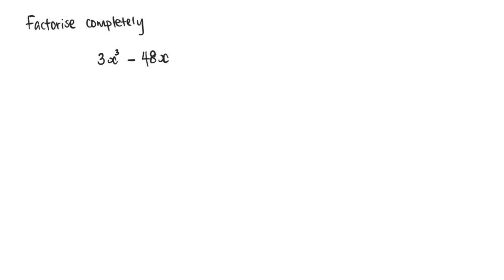Hello everyone, welcome to this part of the video where we are required to factorize this. So I saw that we can take out common factor 3 and also x. And I'm left with x squared minus 48 divided by 3, which would be 16. And then